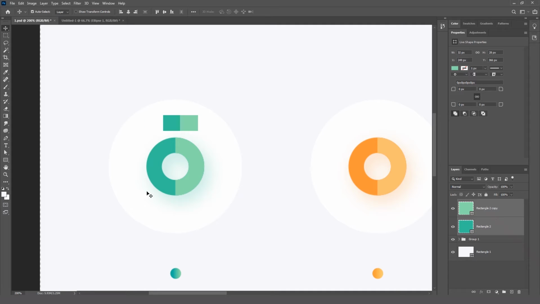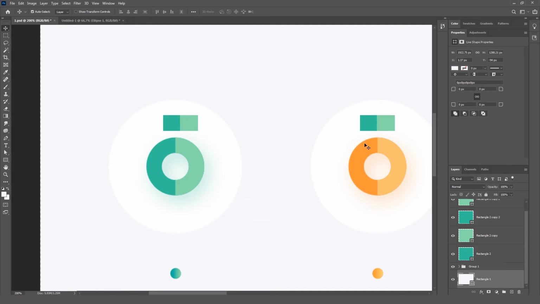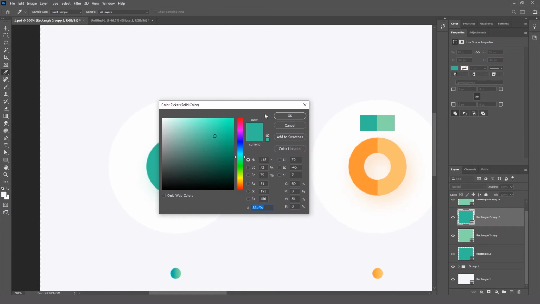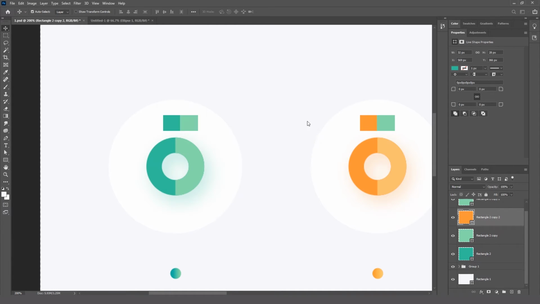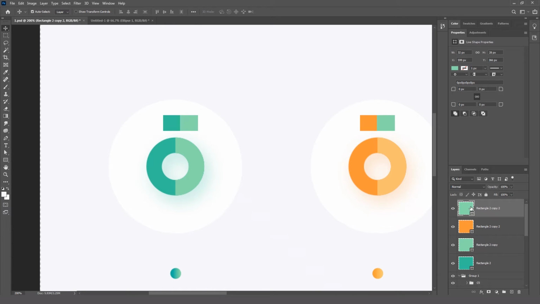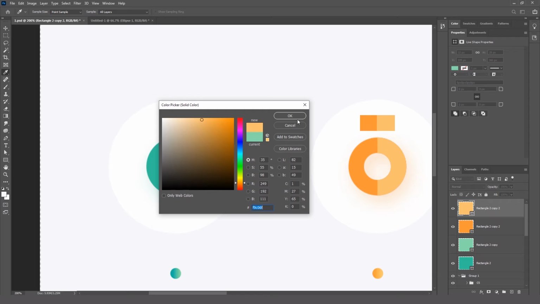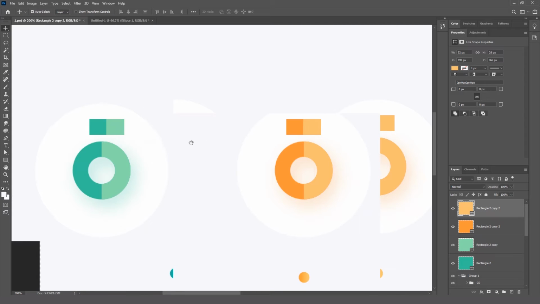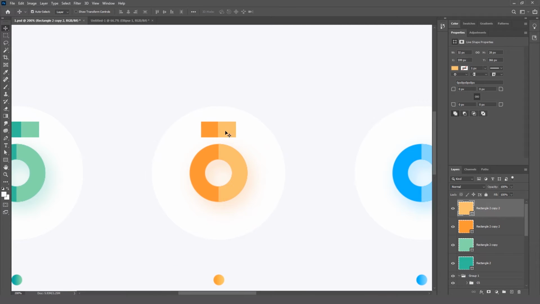Then I'll just press Control J, copy these two rectangles, and copy these two colors. So just copy this orange and another shade of this orange. Now I just want to copy these two things.